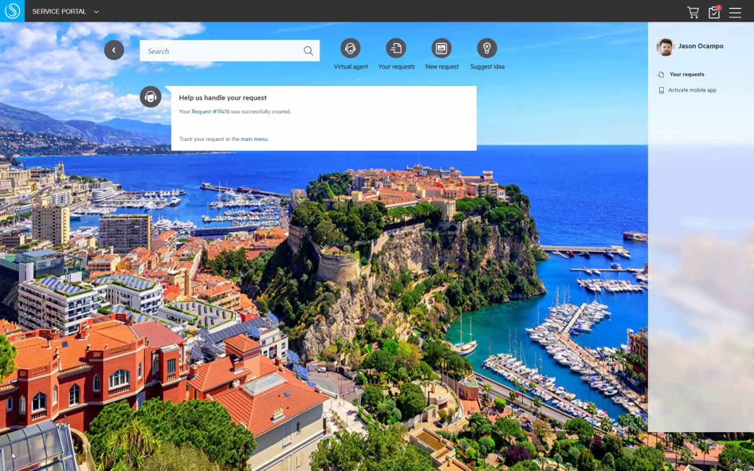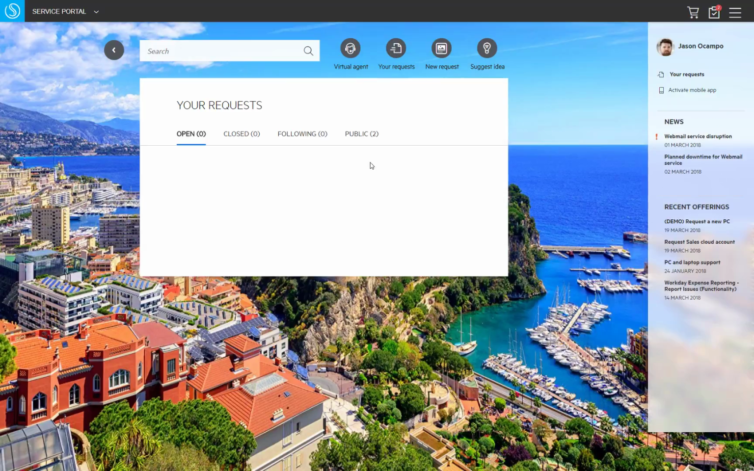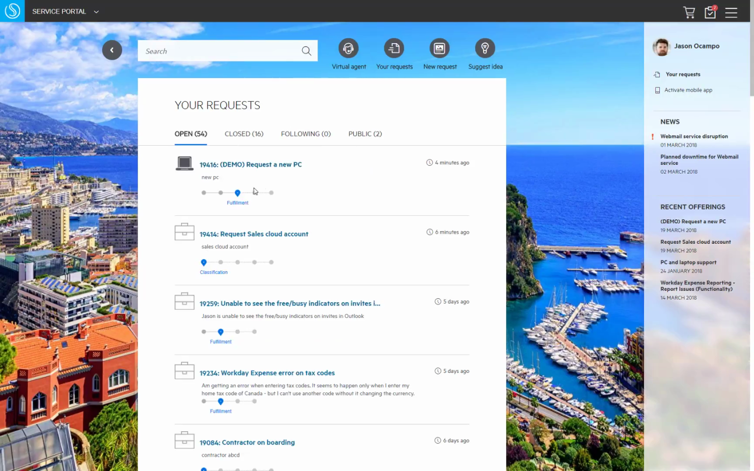Back in the service portal, we can check on the status of our request. So we can see here that the request is in the fulfillment phase. If we view it from your request page, again, we see it's in the fulfillment phase. Switching back to the agent view,